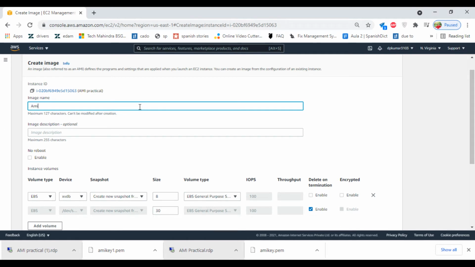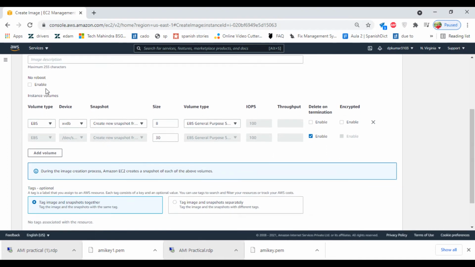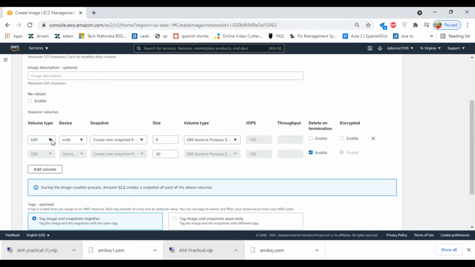I'm giving the name AMI test. Here you can find 2 volumes showing. One is the root volume, one is the additional EBS volume. Here you can select which volume you want to take the image of.